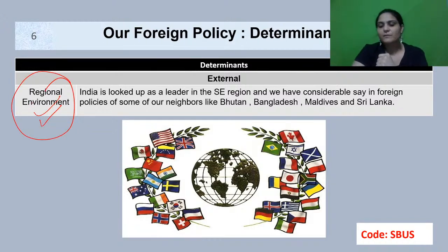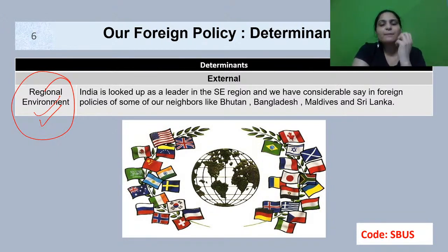Now, we say that in your region you should be the lion. Why? Because then you will have a little bit more control over your neighbors, a little bit more say in their foreign policy, which will help you collectively impact not just their foreign policy but, as a bloc, impact the world's foreign policy against you. In fact, India